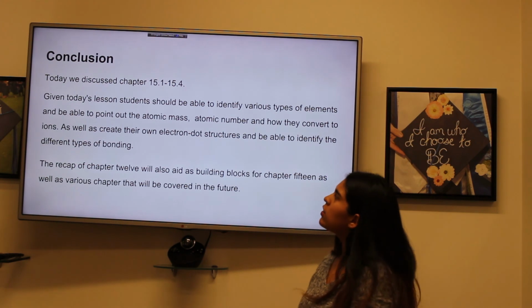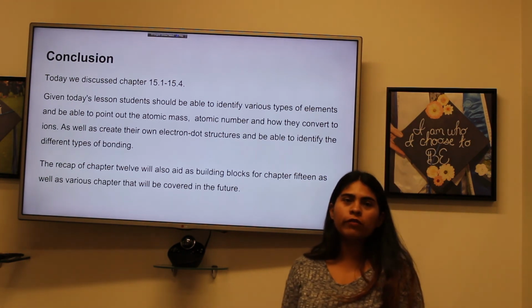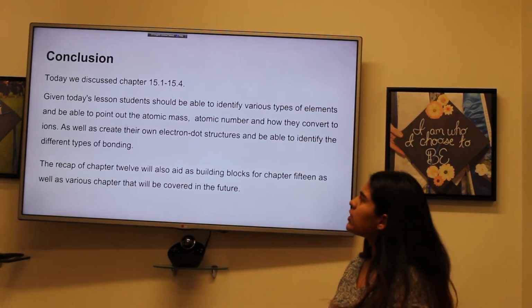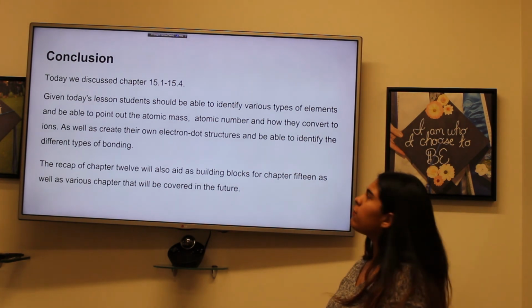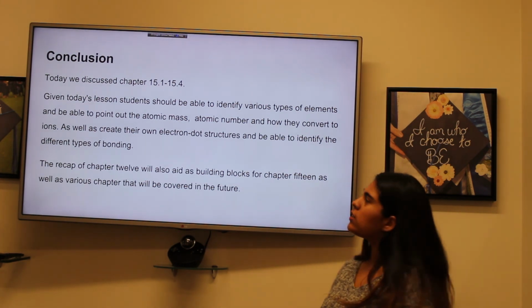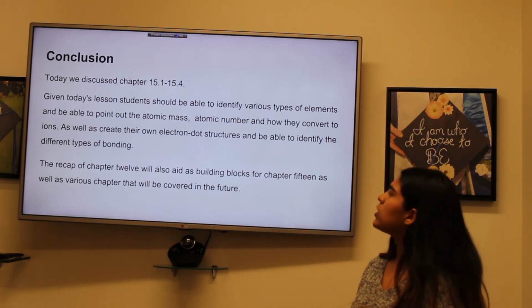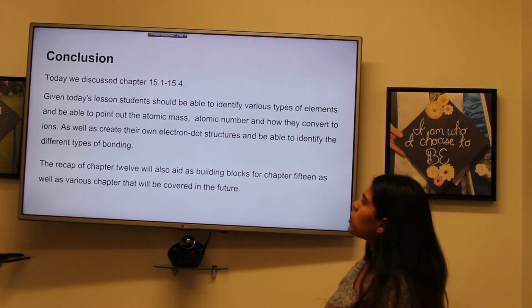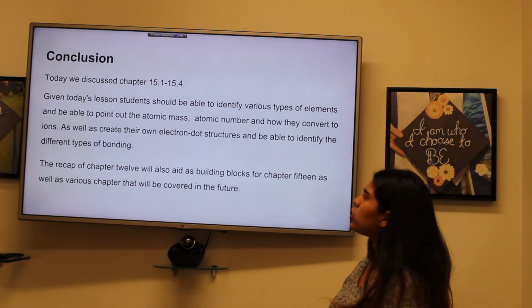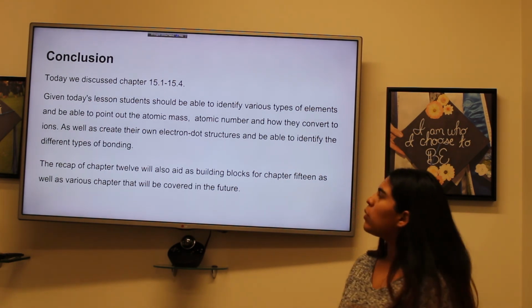Today we discussed chapters 15.1 through 15.4. Given today's lessons, students should be able to identify various types of elements, point out atomic mass and atomic numbers, and how they convert to ions, as well as create their own electron dot structures, and